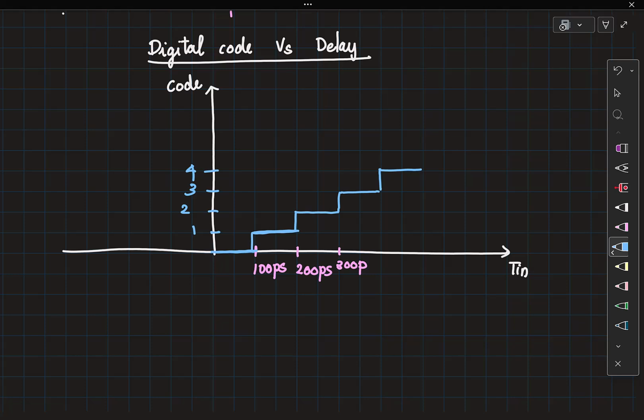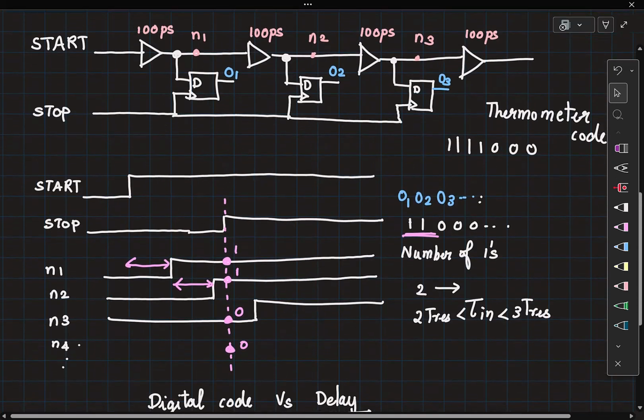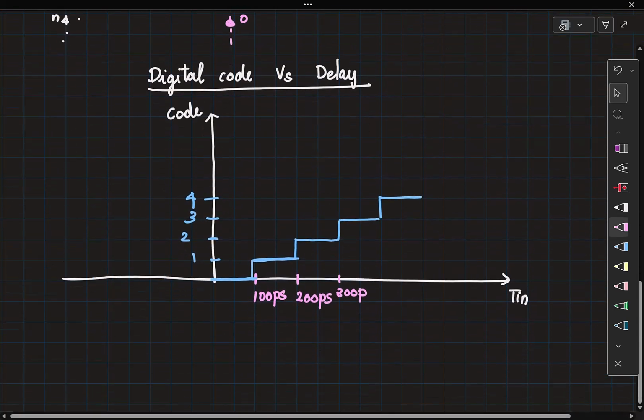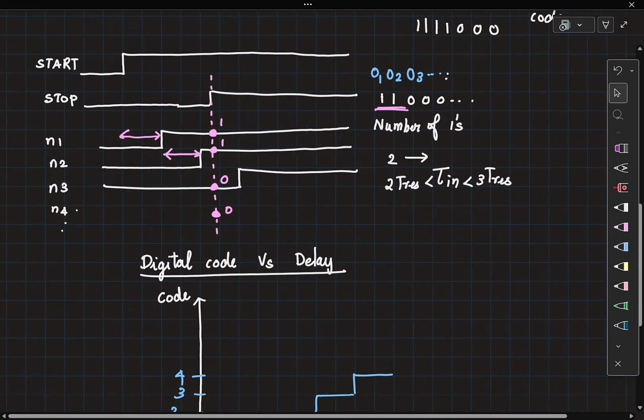Okay, so now we have 2, 3, 4. Okay, now let's say I used 5 buffers, sorry, 5 buffers for my implementation of the TDC, which means you will have N1, N2, N3, N4 and N5, right? Which means after 500 picoseconds, what happens? So I measure 400 pico. Shouldn't it remain stagnant at 2? Why do you think it should remain stagnant at 2? There are only 2 ones, right?